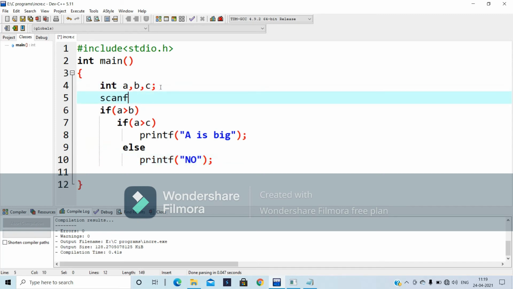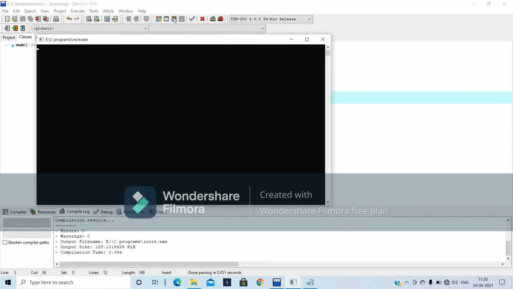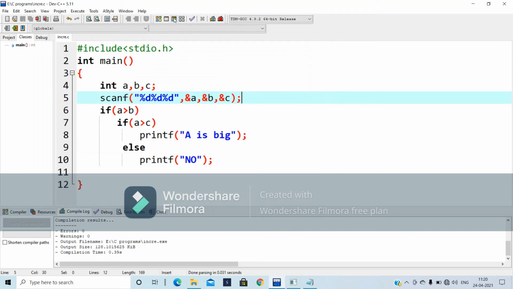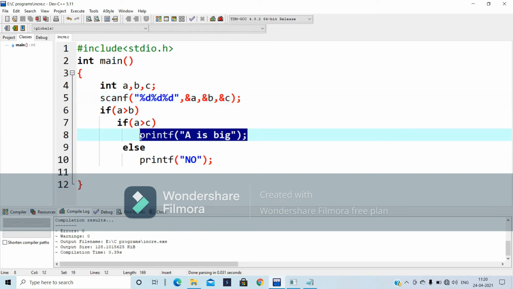Yes, I'm going to scan all the three values, %d %d %d, comma &a, &b, &c. This is all the syntax we need to understand while I am typing here. Yes, this is asking for input: 10, 5 and 3. a is big. If at least one condition is false, then there is no need to execute printf here.